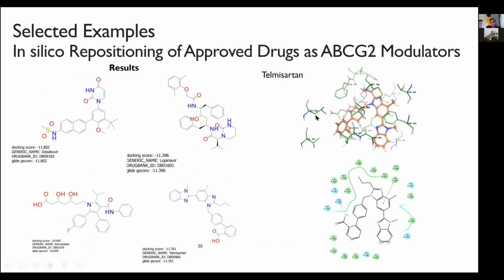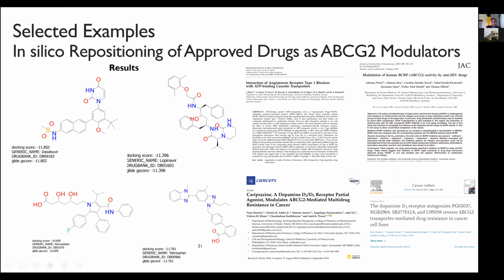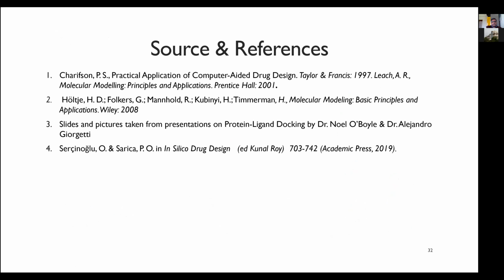Now, this is the binding pose of telmisartan, and this is the 2-dimensional diagram. This transporter has a transmembrane domain, which is the active site. Although no co-complex ligand is available, our docking was still accurate. Our docking methodology and the results were validated by numerous publications. This is one publication where we have repurposed a dopamine D2/D3 receptor partial agonist as an ABCG2-mediated BCRP protein modulator in cancer. And these are the sources and references of